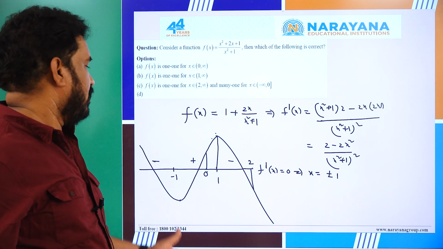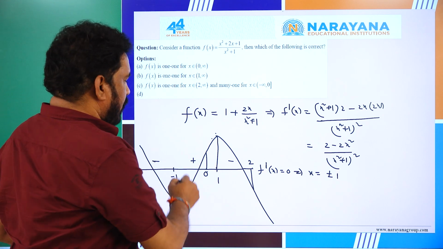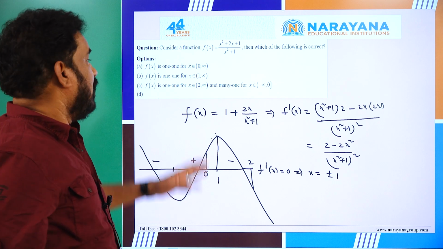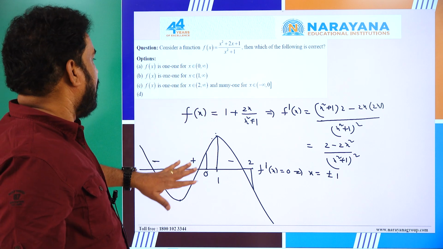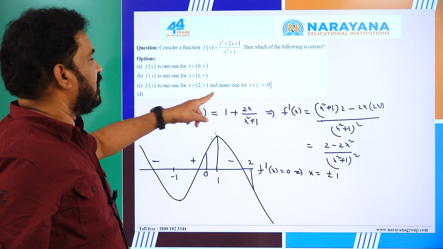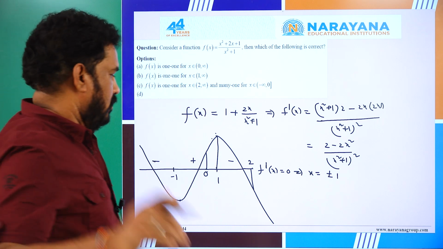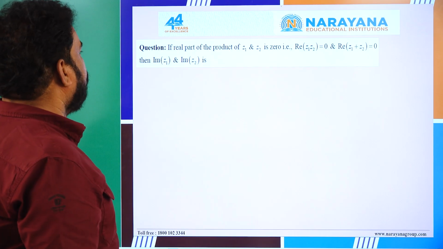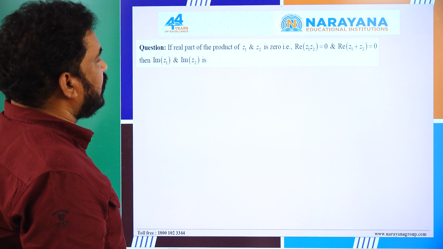Memory based question means you have to understand. By this graph you can conclude the answer if the answers are right. Right now this is the right option and this is also a right option. Okay, next. If the real part of the product of Z1, Z2 is 0,